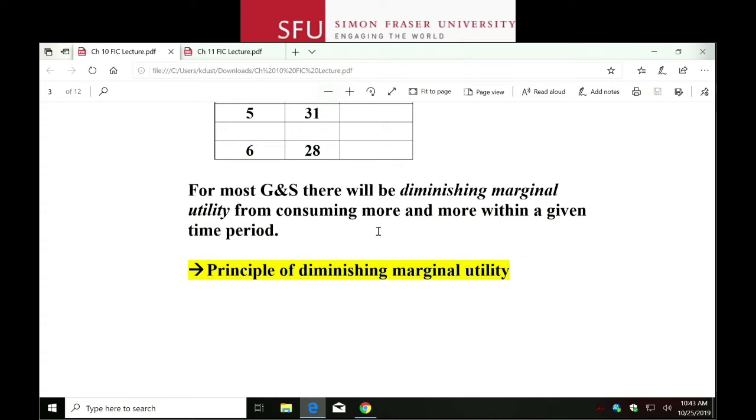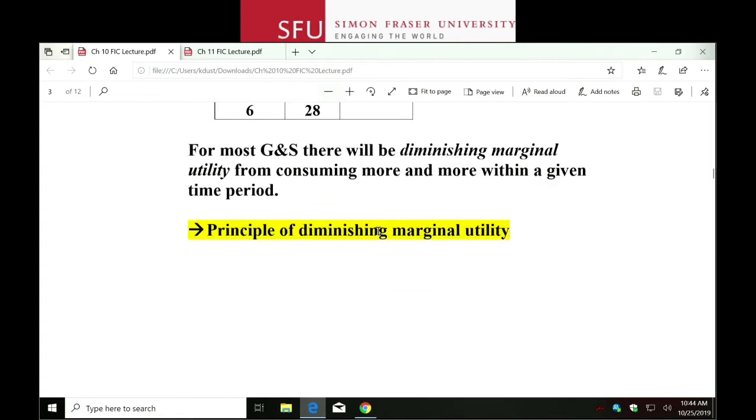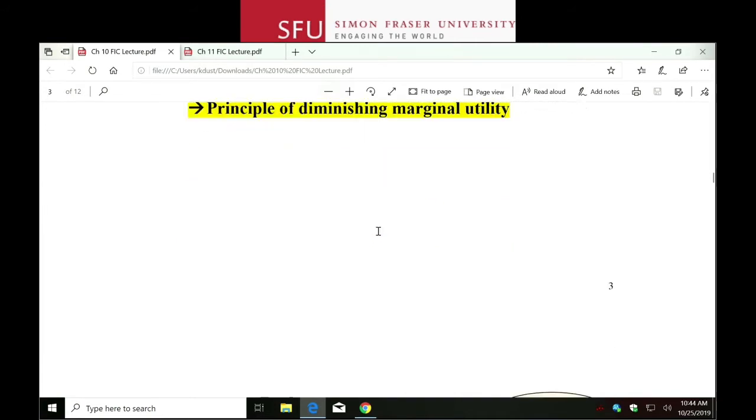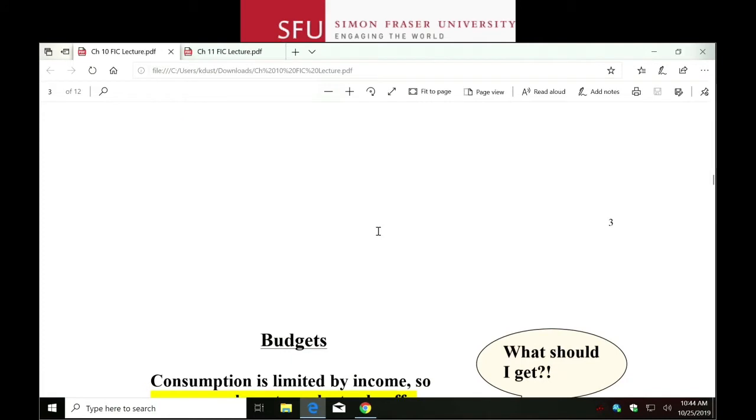Okay, so on the next page we'll start talking about money and how we have limited amounts of money. Our limited amount of money is called our budget. Because we all have limited amounts of money, we are always having to make choices. Every day we're having to make choices about how to spend our money because we can't spend it on everything that we want.